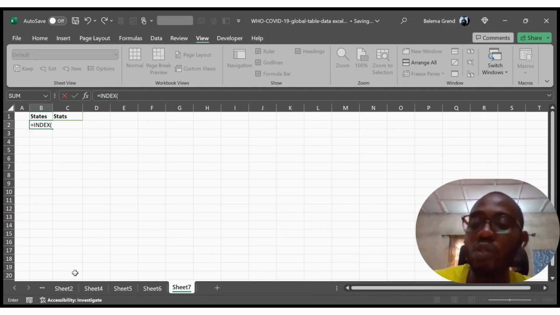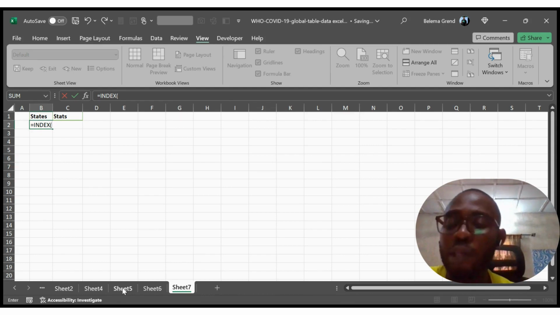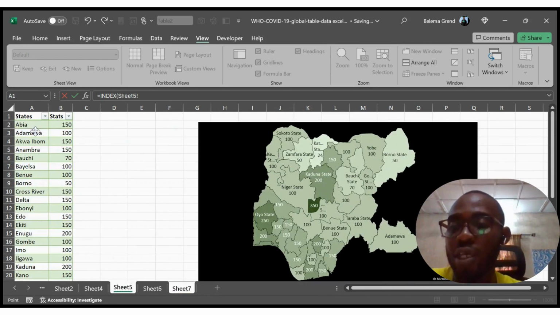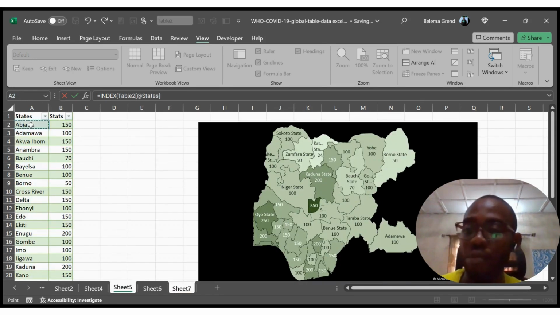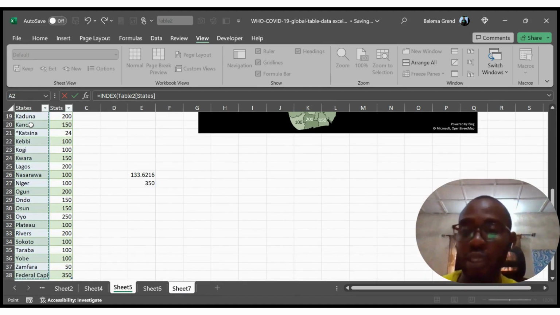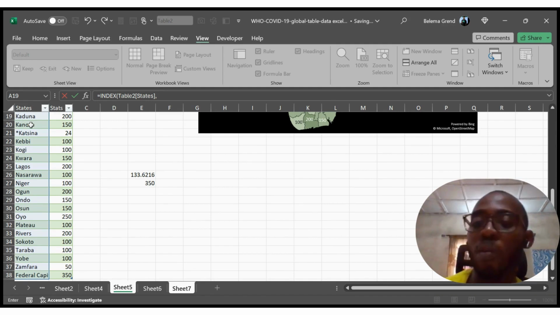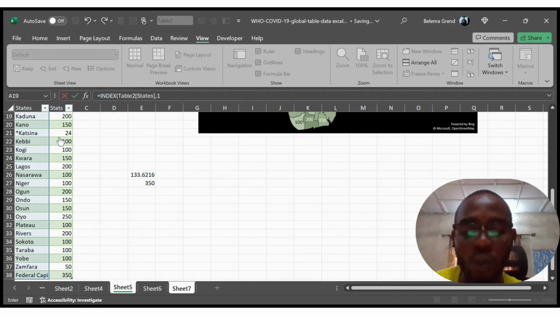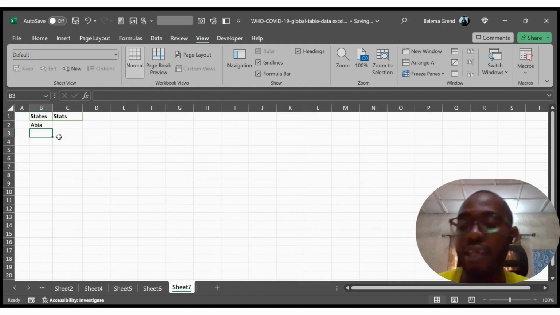So for the INDEX function, we're going to select our array, or our reference, which is the values in this table here, in this column. I'm just going to pick it a column at a time. So I'm selecting my array, and next to it is the row number that I want to return. If I specify it as 1, a static value, and I hit enter, I can see I have the state returned. If I were to change this to 2,